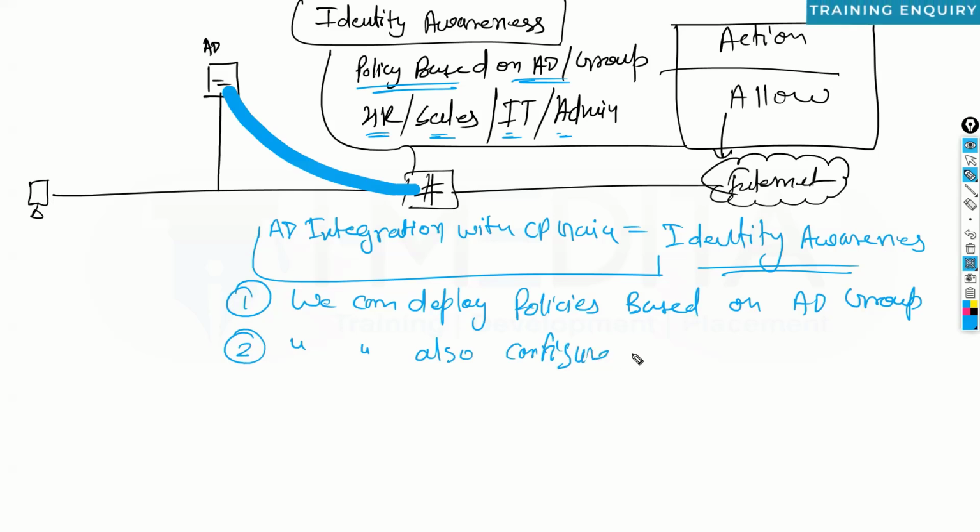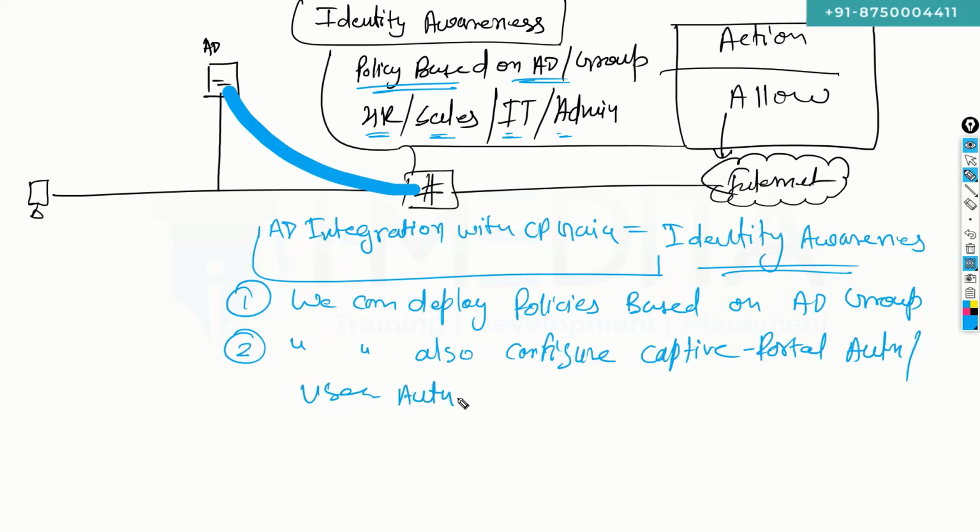configure here captive portal authentication or user authentication. You can also deploy here user authentication. User authentication means if this user is authenticated by AD, only then we will allow him or her to access the internet, otherwise not. And third, we can get here